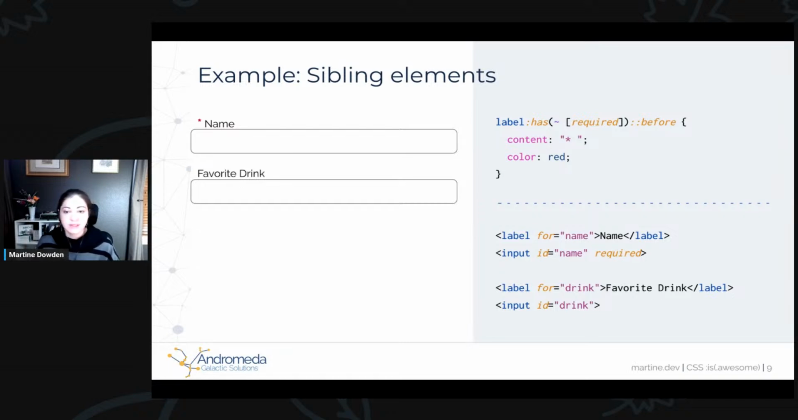Here you have the example if we don't nest our labels, which I know we can't always nest the inputs inside of our labels. We can actually look at that sibling and say, if it has a sibling that has a property of required, then add the star before. So I know this looks kind of weird, right? Putting that right there inside of our parentheses in the has, but we can absolutely do that to go ahead and get the sibling and add the